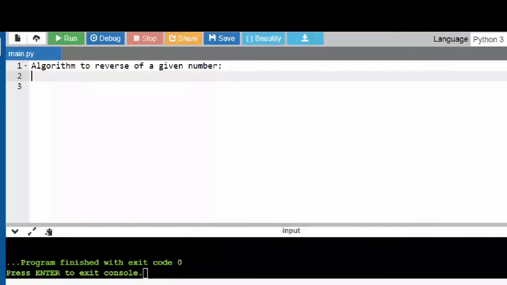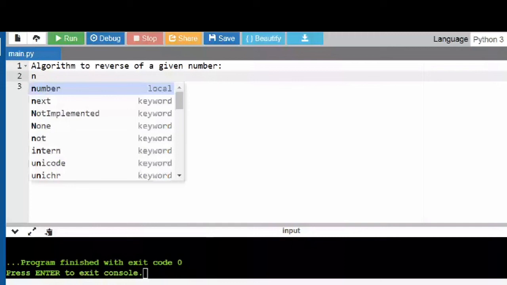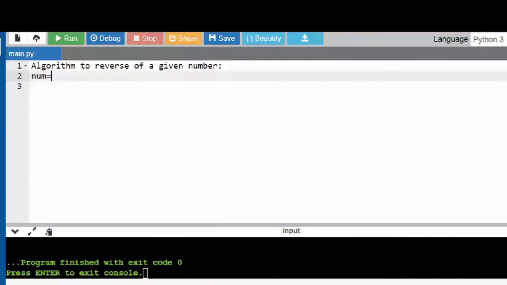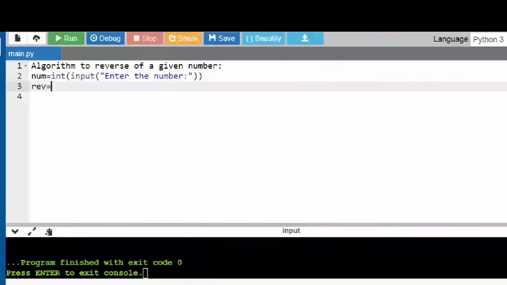Right. Okay, so I'm using this input statement and saying enter the number. We are trying to take a variable. Here I'm not summing it up, so I'm taking a reverse variable. I'm naming it REV so that I'll get the naming of the variables appropriately and understand it. That has to be reversed.